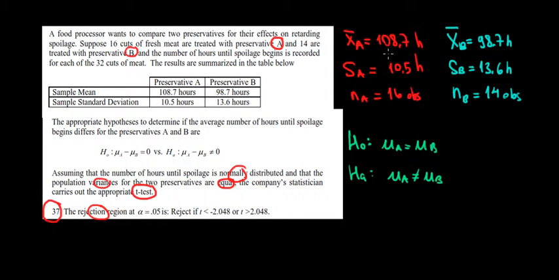Now, let's have a look here on the right. I wrote the sample data. I wrote the data for A, the data for B, the means, the sample standard deviations, the number of observations, and these are the hypotheses, which is the same as what they say here. The difference is 0, meaning that the means are equal for both preservatives, or they are different from each other. That's what we're testing. Now in this question we only want to know the rejection region, so we want to